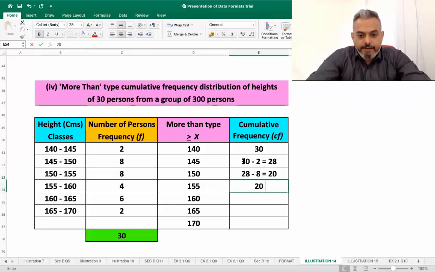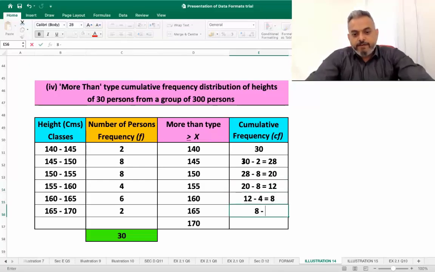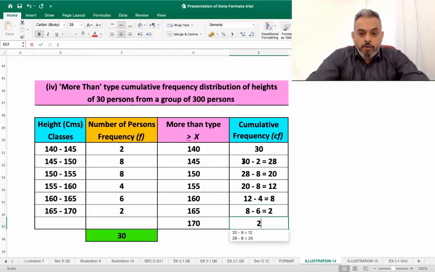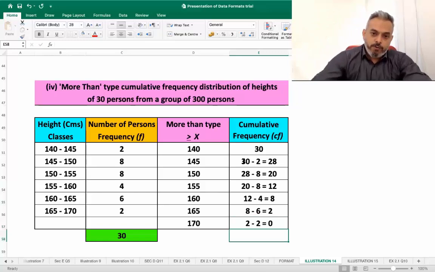Then 20 minus 8, which is equal to 12, then 12 minus 4, which is equal to 8, 8 minus 6, which is equal to 2, and 2 minus 2, which is equal to 0. So over here,